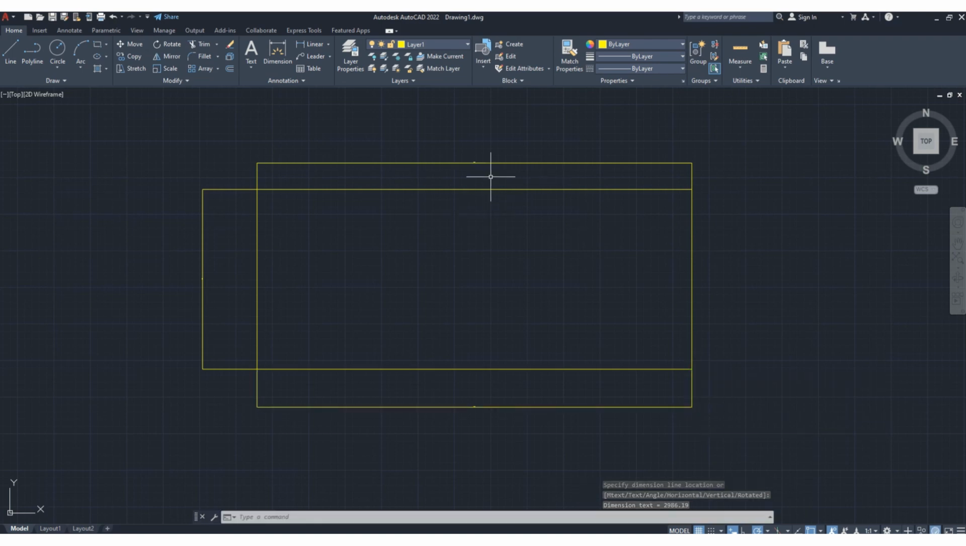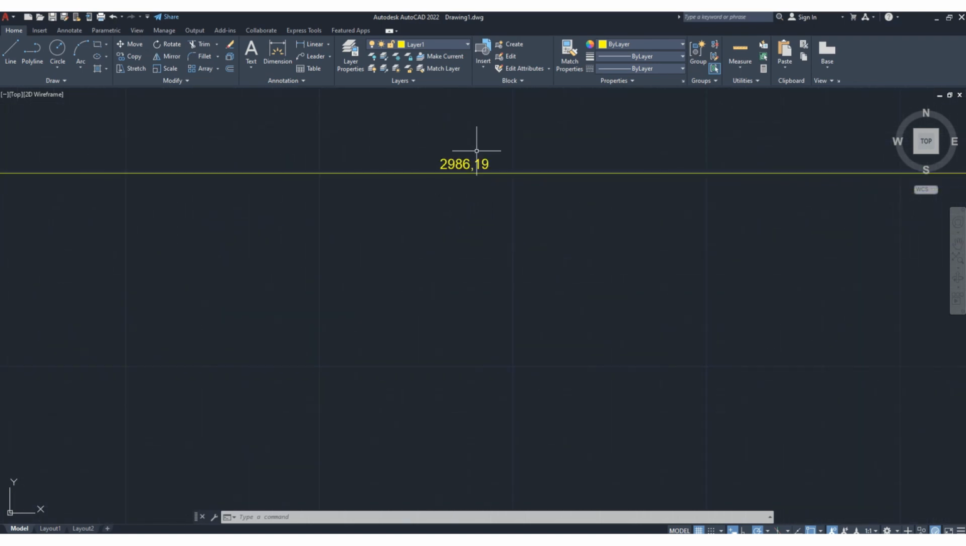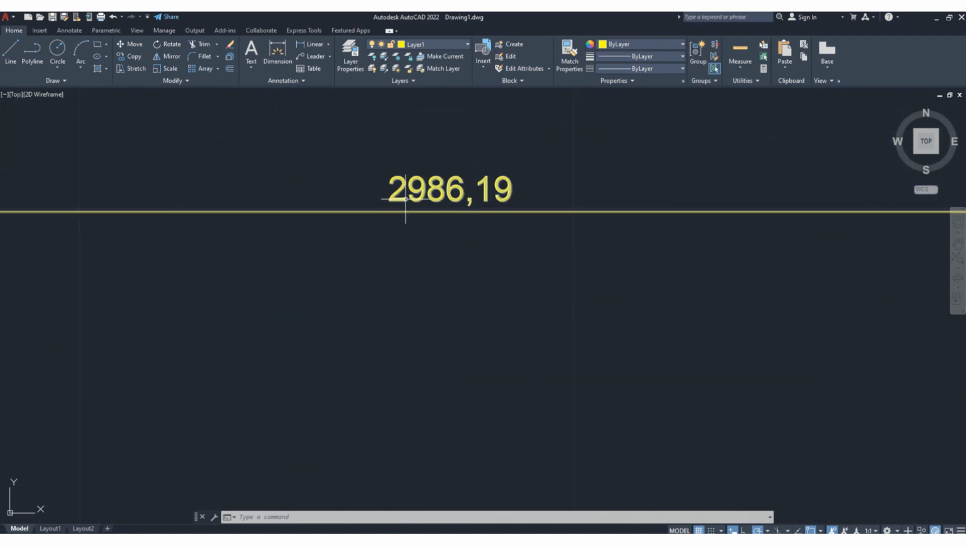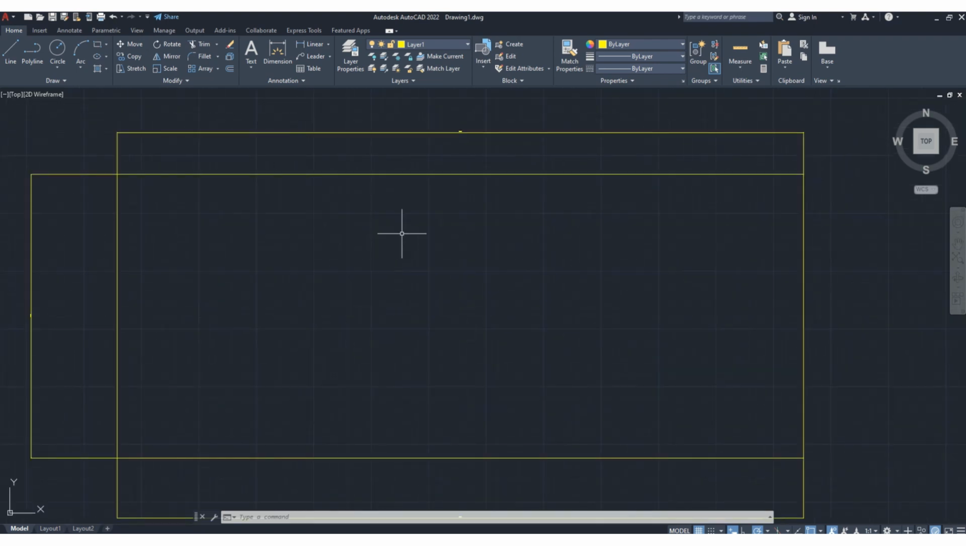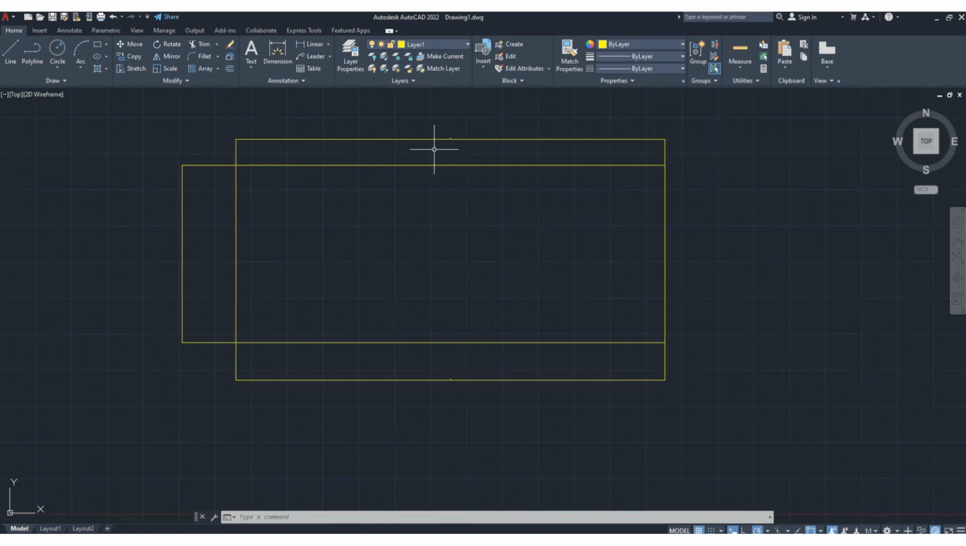Okay, but one thing you can notice, this dimension is very smaller in size as compared to this figure. We cannot see this dimension unless we zoom this. So how to scale this dimension? And also, if we want different scale, suppose this dimension will be in a different scale, or this side, or